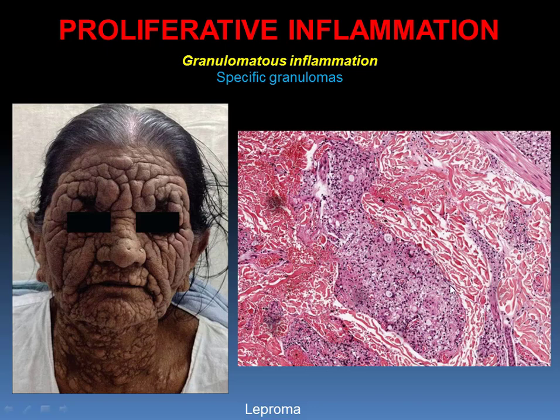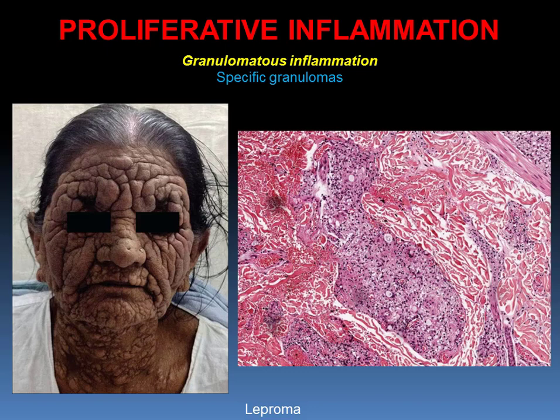Lepromatous form can be seen on the photos. Skin lesions have diffuse character and are very severe. Appearance of skin of face is similar to lion. That's why it has specific name, lion face. Microscopically, we see cells specific for leprosy. Usually area of caseous necrosis is absent or is very small.